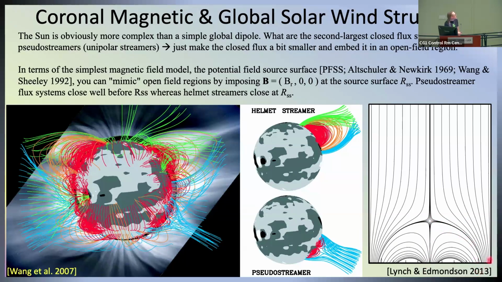And the reason why that's interesting is because if you've got a field here and a field here, and they're connected in different places, you can build up different conditions in the plasma on field that's adjacent. And so that means on the open field here, you can have lots of fast outflow. And on the closed field, you can have a lot of material accumulated. And so now there's a big density jump in addition to the magnetic field topology jump. And that's interesting